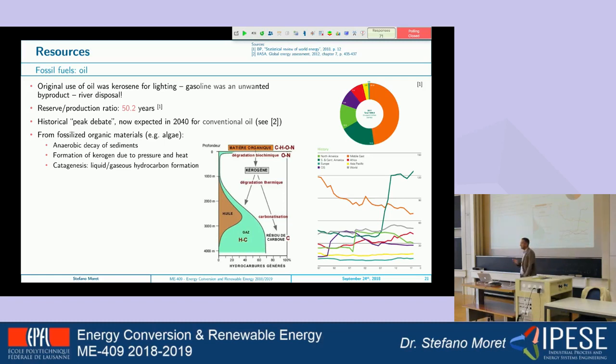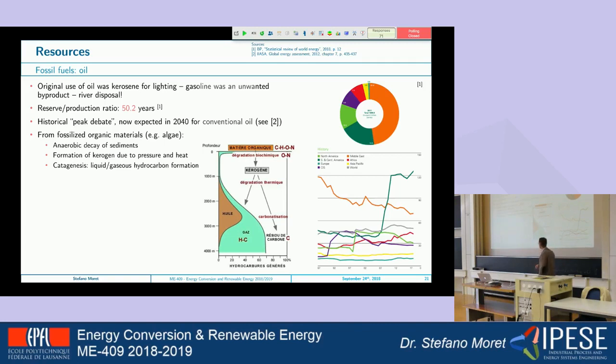And if we look at the same statistic that I showed you for coal, the reserves of oil are a bit smaller. So at the current consumption rates, we have about 50 years of oil available. But again, don't be misled by this data, because as you saw, the resources are much bigger. So even if the reserve is 50 years, resources will become reserves over time. So we will probably still have 100 years or so.